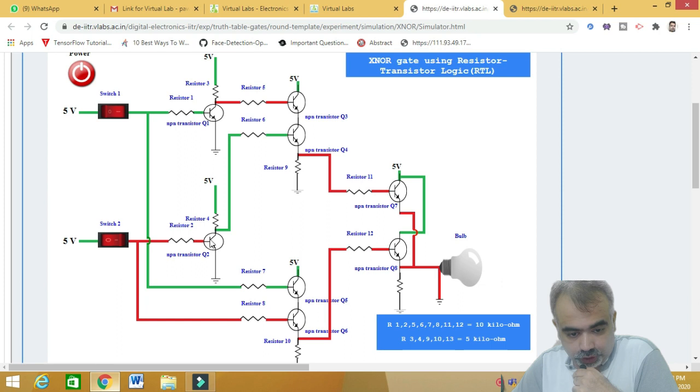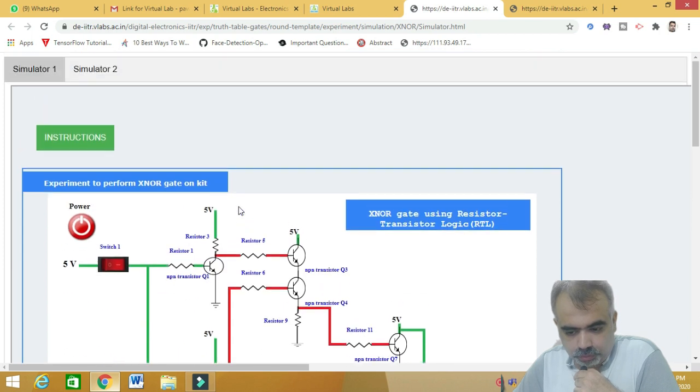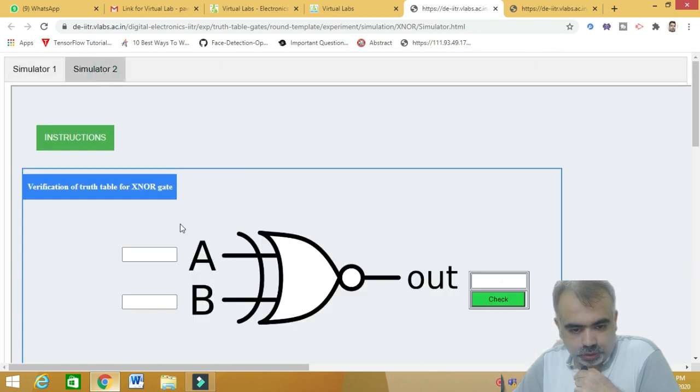You can understand it from these green signals, which show where the current is going, or which circuit path conducts when we provide 1 0. When we provide 1 1, this is the path through which the bulb turns on. So I think you understand.